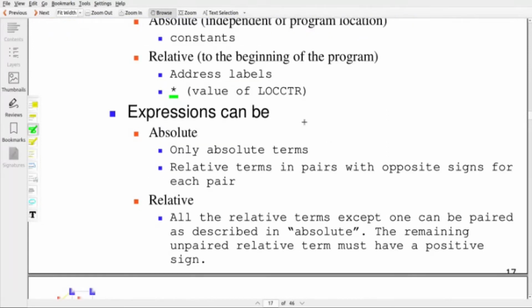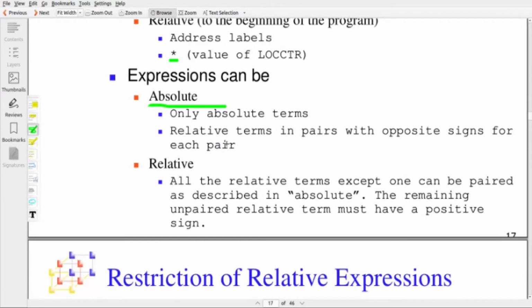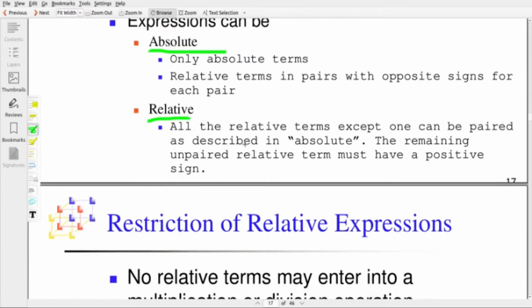An expression contains terms, and expressions are also classified into two categories: absolute expression or relative expression. So what is an absolute expression? An absolute expression contains only absolute terms, or relative terms in pairs with opposite signs for each other. And what is a relative expression? In a relative expression, all the relative terms except one can be paired as described for the absolute expression.